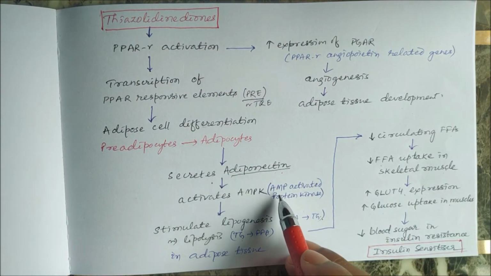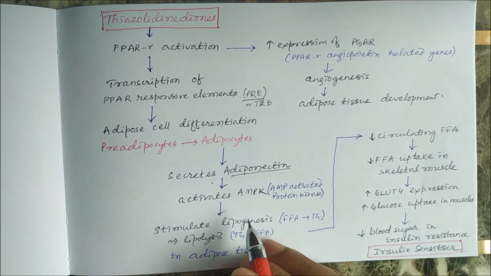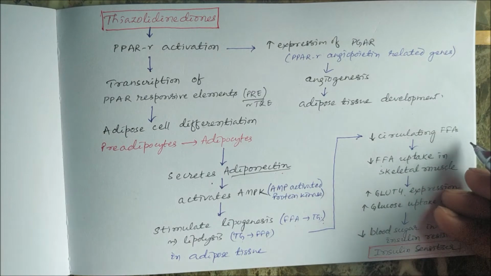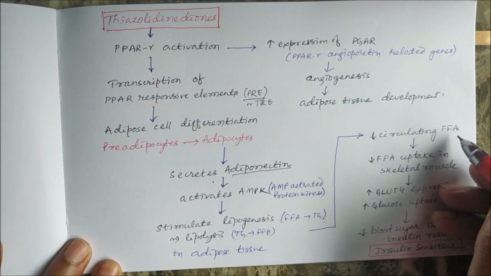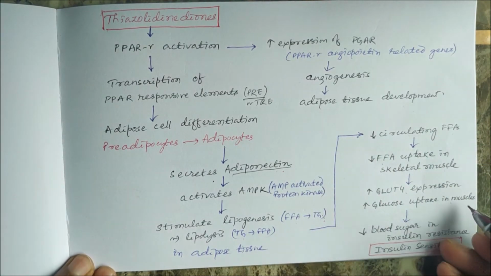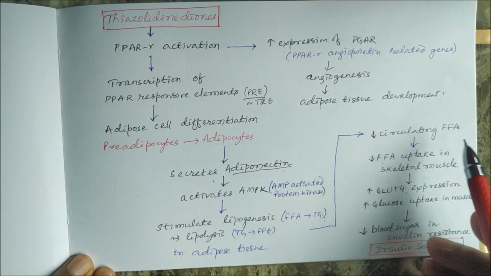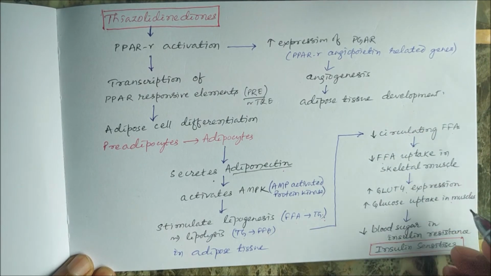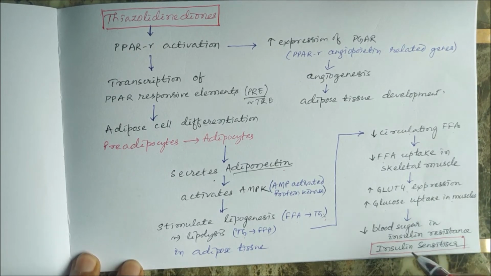This adiponectin activates AMP-activated protein kinase, AMPK, which stimulates lipogenesis, conversion of free fatty acid to triglyceride, and inhibits lipolysis, conversion of triglyceride to free fatty acid in adipose tissue. So this decreases the circulating free fatty acid level. When there is a high free fatty acid level, that actually inhibits glucose uptake. So by decreasing the free fatty acid level in the skeletal muscle, the glucose uptake in muscles can be increased through GLUT4 expression. So when circulating free fatty acid level decreases, that increases the GLUT4 expression and increases the glucose uptake in the muscles, and this reduces the blood sugar